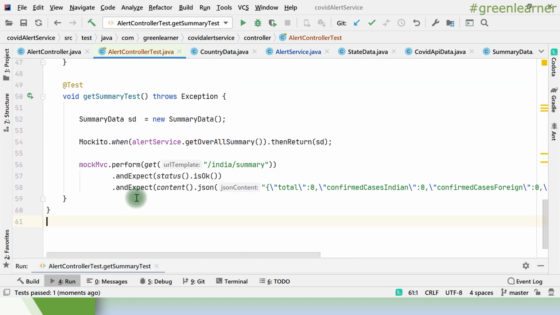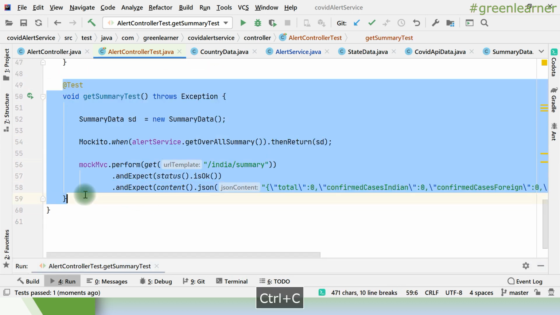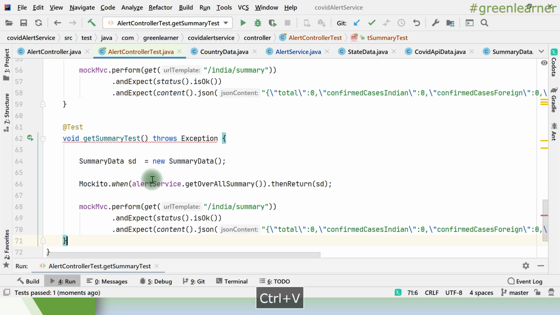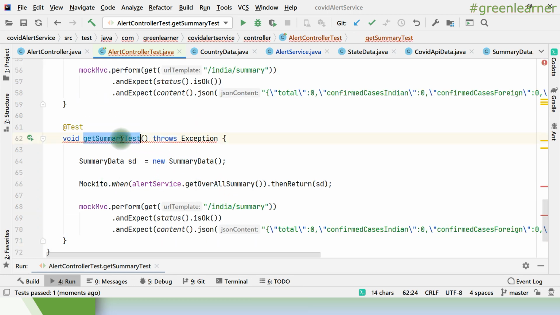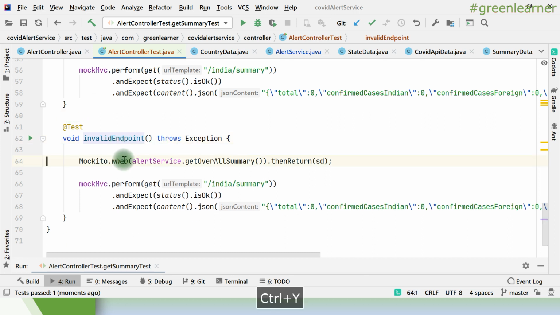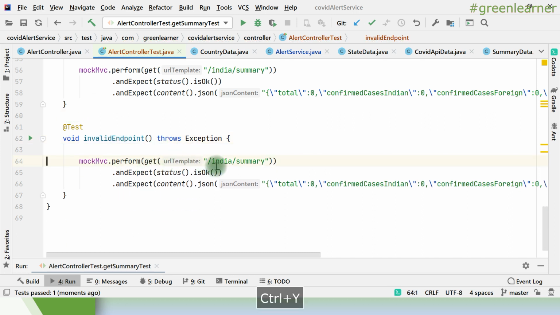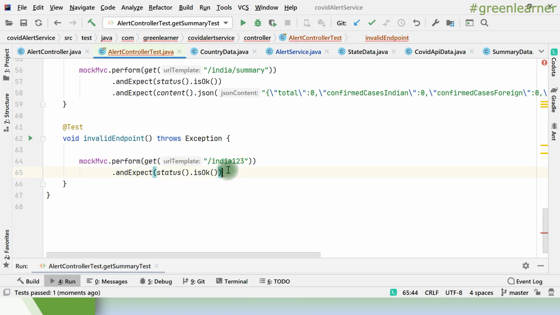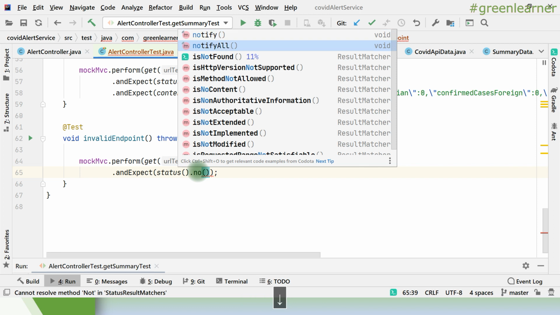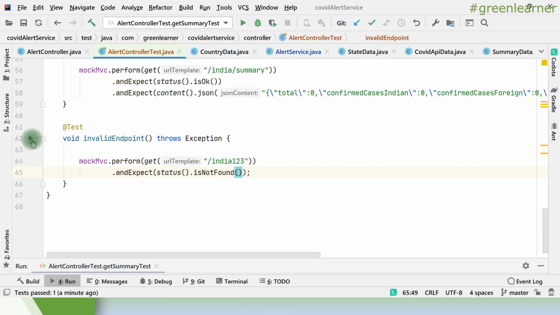Now let me simulate one test where I'm testing the incorrect endpoint, right? So invalid endpoint. I do not need this summary as well. For example, I'm just passing some incorrect value, right? So there will be no content, I know for sure, and the status in that case will be not found, so it should pass.